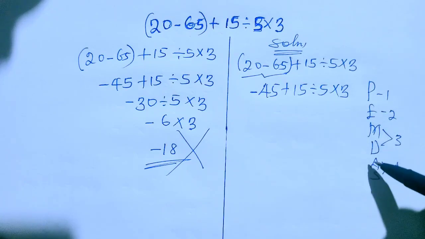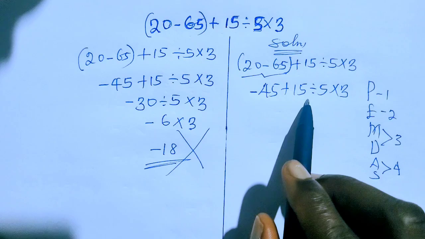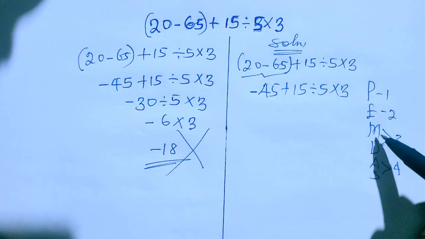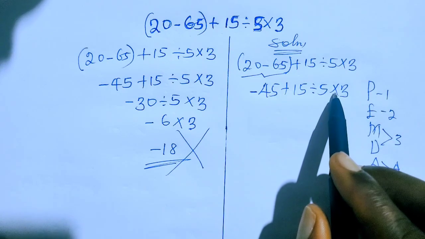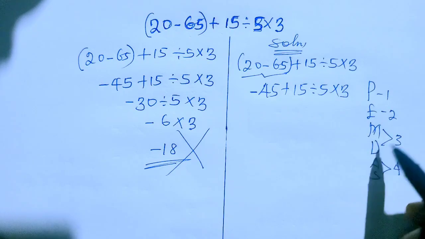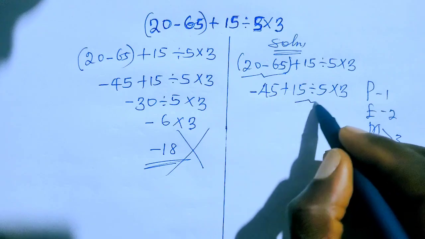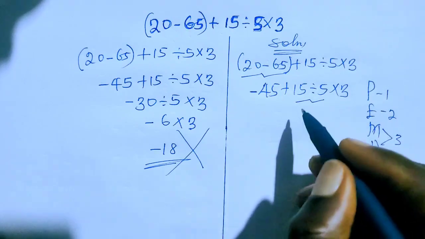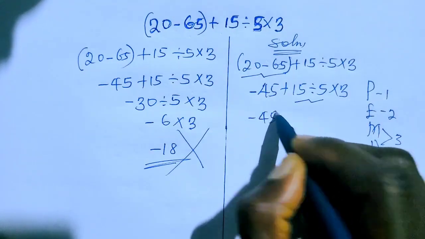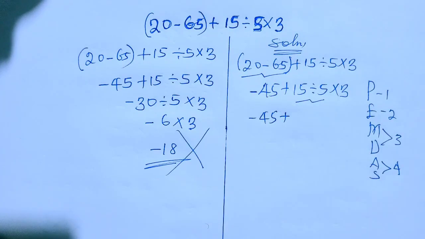Next we are going to consider division, because division is of higher priority than the multiplication. The operation here is move from left to right, and we consider the one that comes first, and that is division, and the expression becomes minus 45 plus 15 divided by 5, that will give us 3